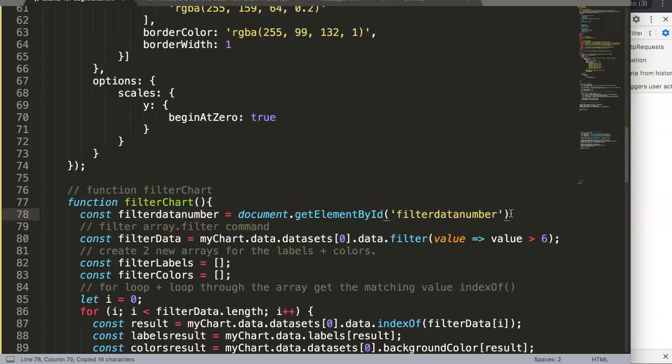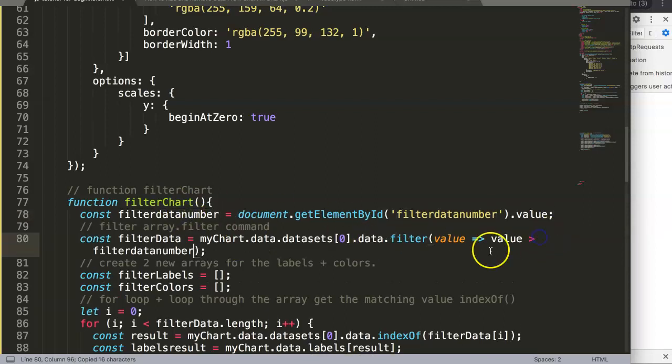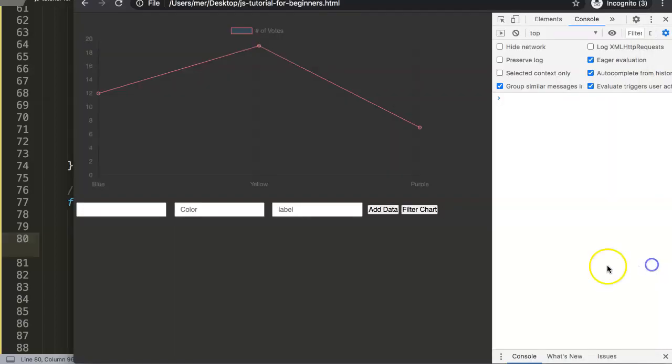All right. And then we could maybe even do it to make it really simple. It's just say dot value. All right. So the moment we have a value here, we put this in here. So once we have this, whatever the value is, it will grab that and then it will start to filter based on that. So if we refresh here,